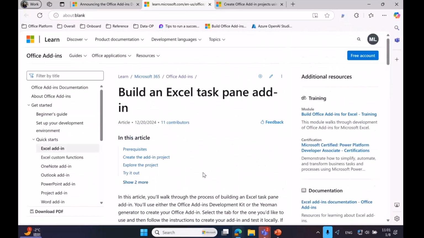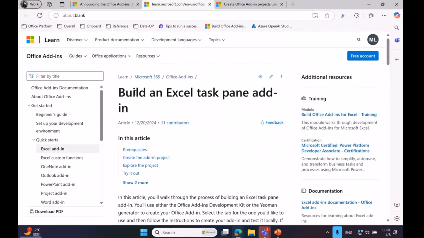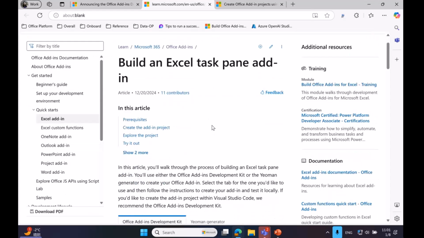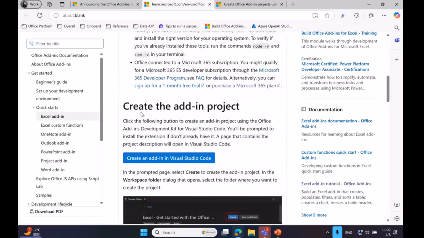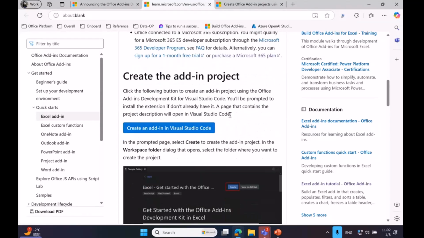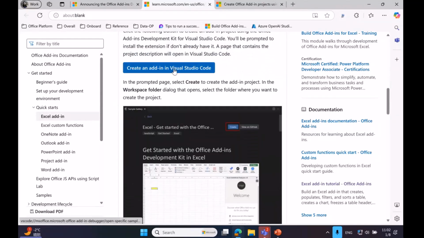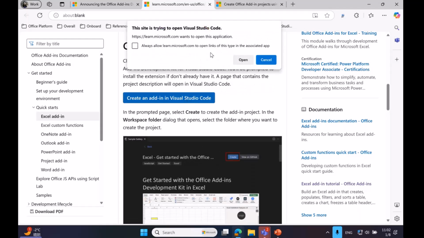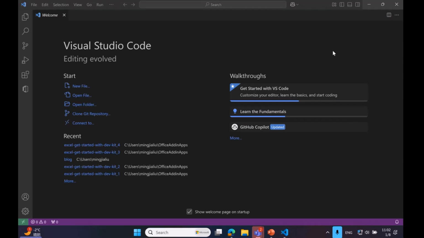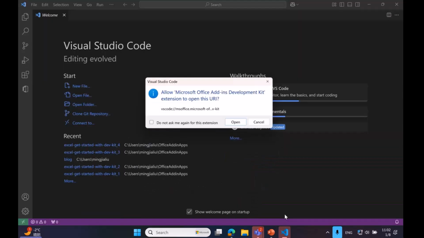The experience would be, as a new developer explores how to build, for example, an Excel task pane add-in, they will go through this article and all these prerequisites. When we go to the section that creates an add-in project, they can just click on this button to create an add-in in VS Code. Here there is a small pop-up, and the developer, with some clicks, is guided to this VS Code